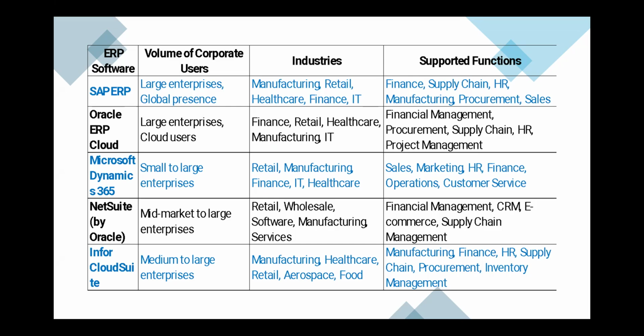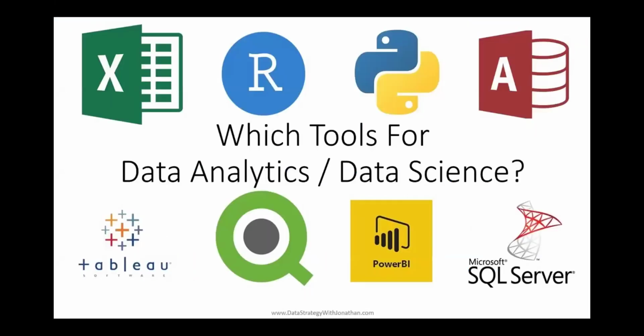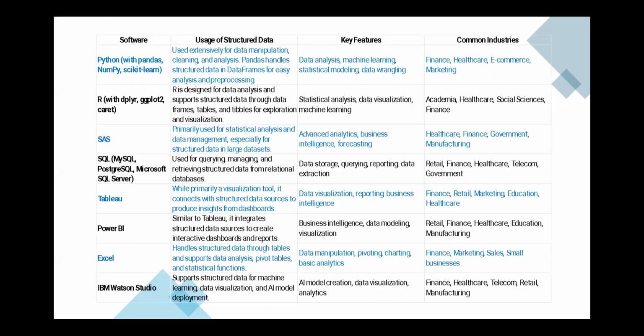Okay, so when you look at ERP systems out there, you will notice that there are different ERP software, and the largest, of course, are SAP, Oracle, and Microsoft. These are the largest players in the market. And when we look at the tools for data analytics and data science, we again find SQL Server and even Power BI. If you look at the backend structure in Power BI, you will notice an ER diagram. So ER diagrams and SQL are very important for anybody coming into data analytics and data science.